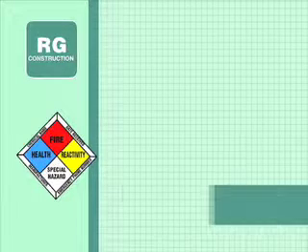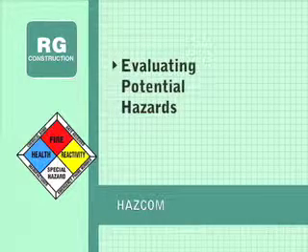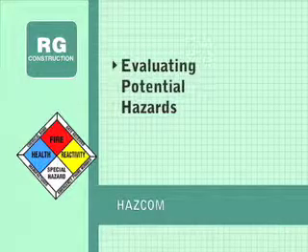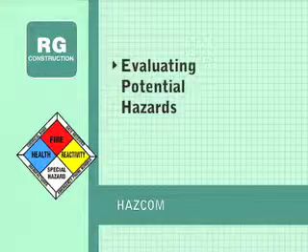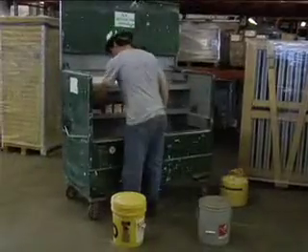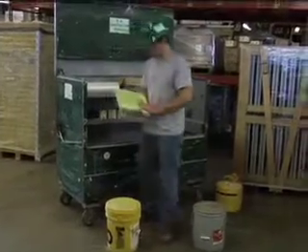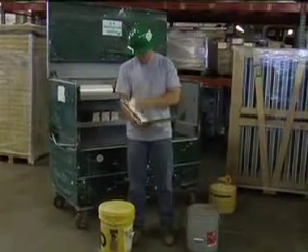Over the next few minutes, we will learn how to identify the potential hazards so that you can successfully implement RG's HAZCOM program. RG will provide you with the information needed to evaluate potential hazards for the materials we use in construction, and what, if any, personal protective equipment, that's PPE, must be used to work safely around the materials. This information can be found in the MSDS, Material Safety Data Sheets, which are maintained in all of our gang